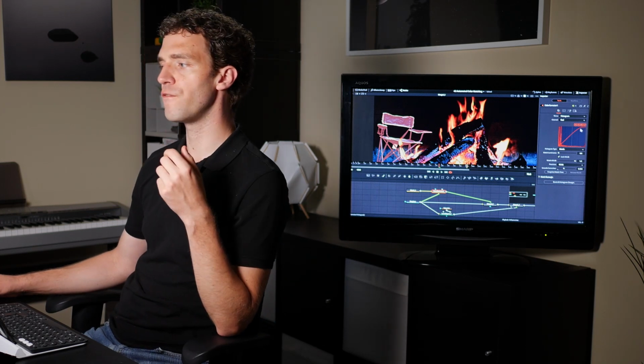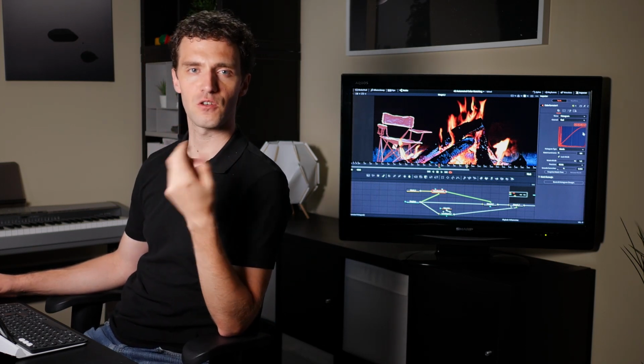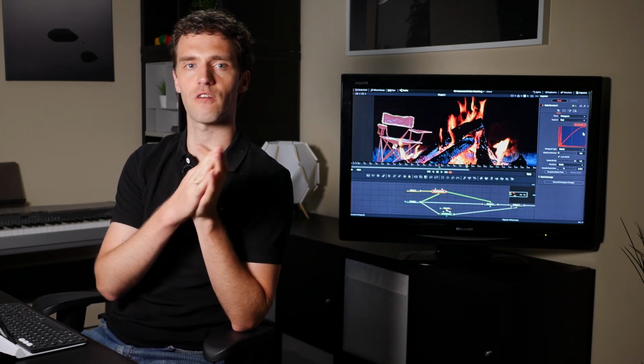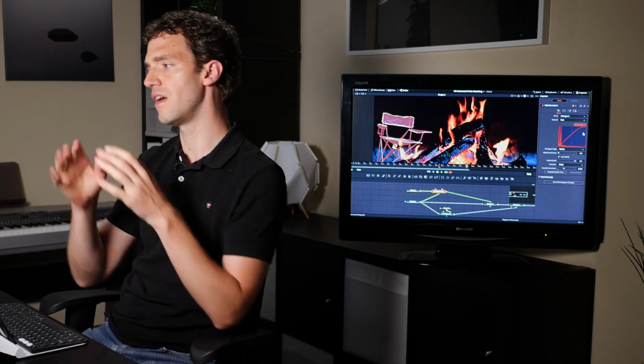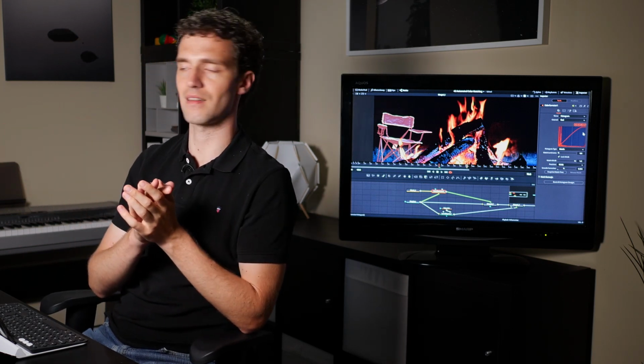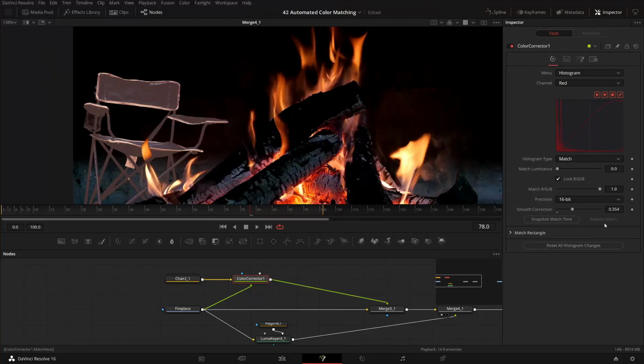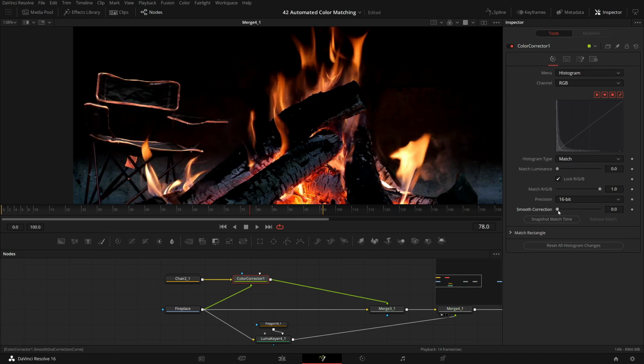If you want to get more familiar with how to read these curves, how to use these curves in compositing, last week I did a pretty extensive tutorial on how I use the curves tool in compositing, and the principle here is basically the same. But even if you don't understand and just say, okay, this is dark, this is bright, you can do the automated matching this way. Let me go back to RGB. You can unlock here, do them separately. The smooth curve, again, sometimes it helps, but in this case, it's also lifting up, which doesn't seem so good in this case. So I might turn this off.